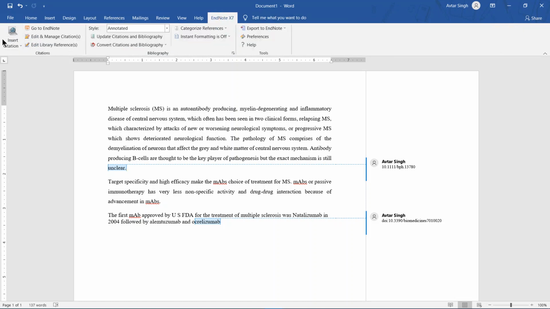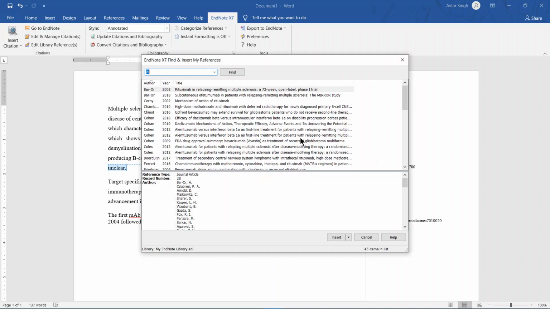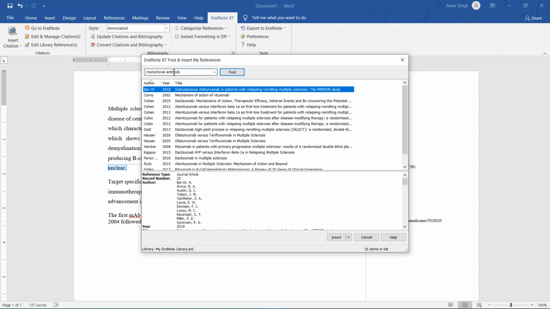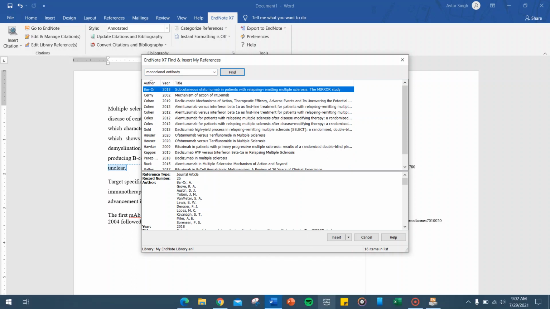Click on EndNote and go to Insert Citation, and one dialog will open. Then you just search, like the title was monoclonal antibody. You can search by author name also. So many articles are there on monoclonal antibody, so I need to be specific. What is the title?